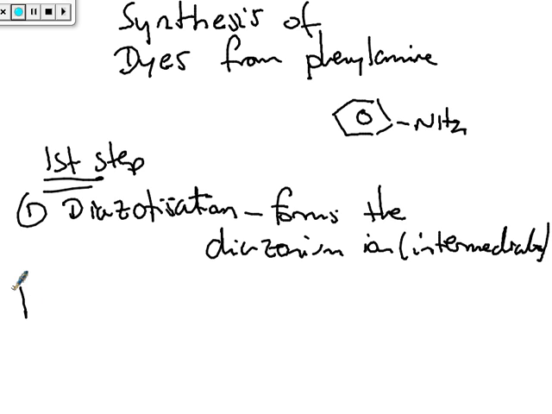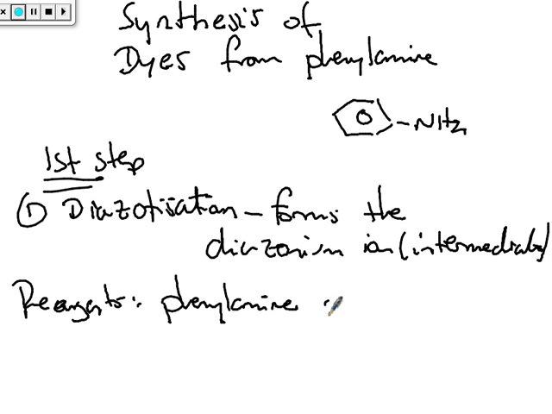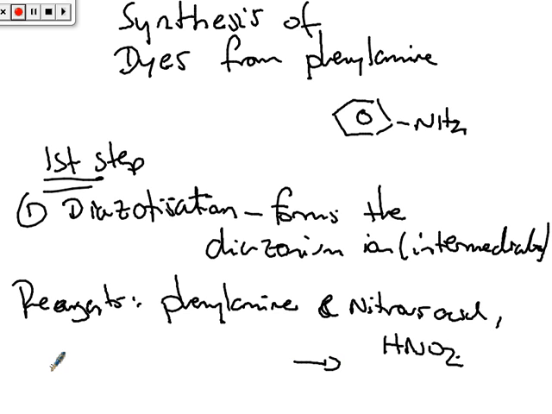Alright, so the reagents you need, just in case you want to make your own at home, is phenylamine and nitrous acid, available from all good pound shops. Right, so nitrous acid is made in situ, and that means that it's made in the reaction vessel with all the other reactants rather than made before and then added, because it's so unstable. You have to make it at the same time as the reaction, and it's made in situ